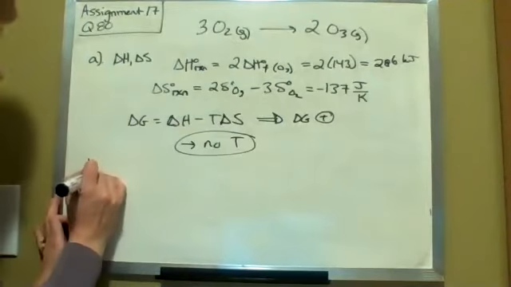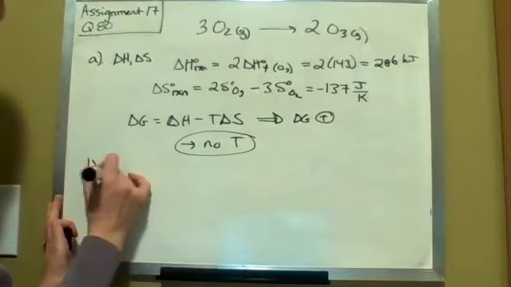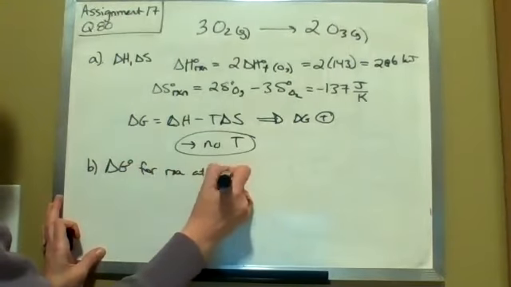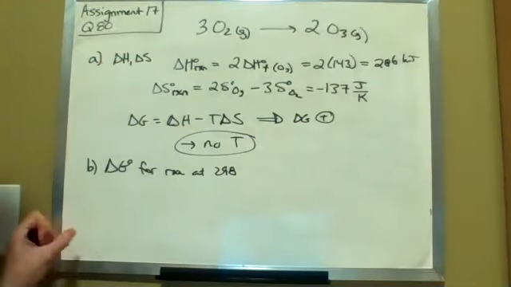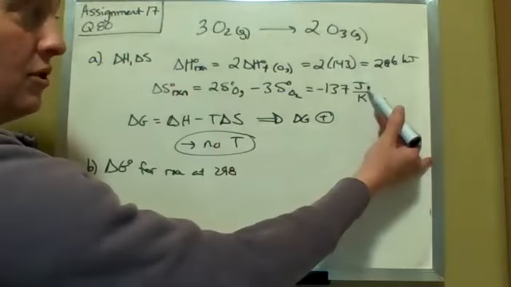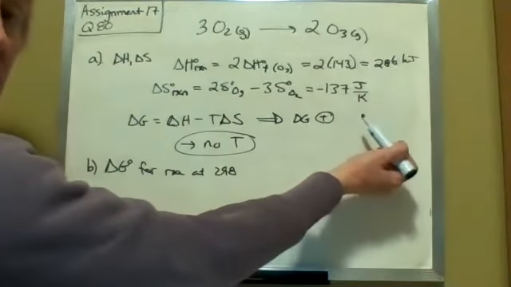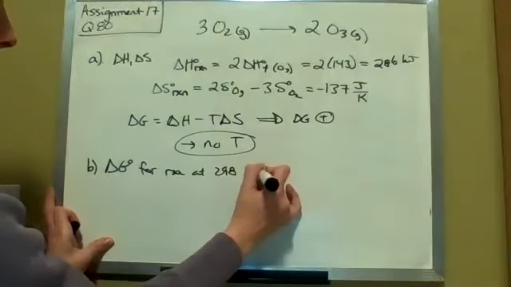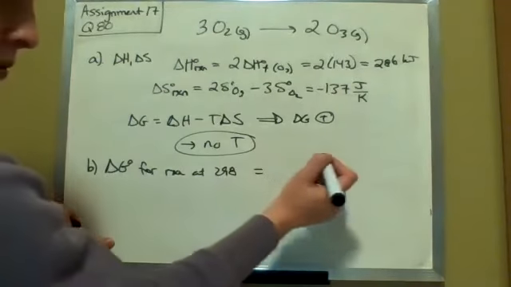Now B asks you to actually calculate delta G naught for the reaction at 298. So you have to take your values of delta H and delta S, and your temperature, which is going to be 298. The only thing to watch out for is your units. Delta S is in joules, delta H is in kilojoules. So make sure you switch one or the other so that at the end you have the correct number. If you write all this out, you end up with